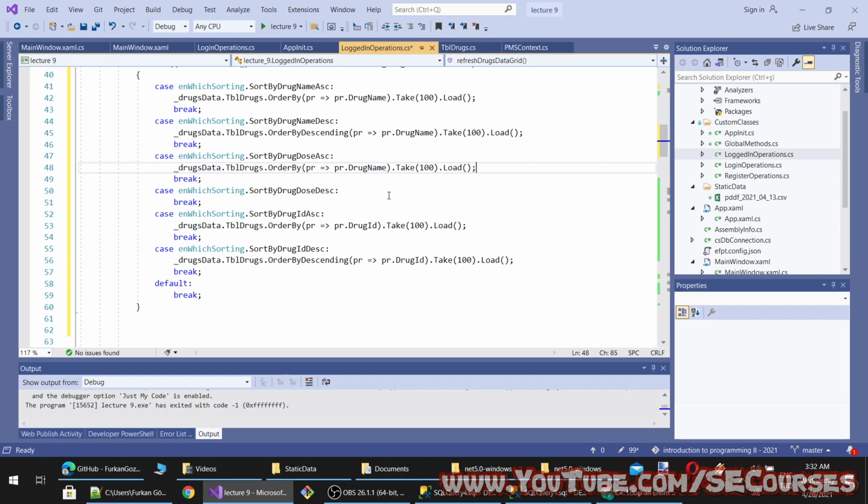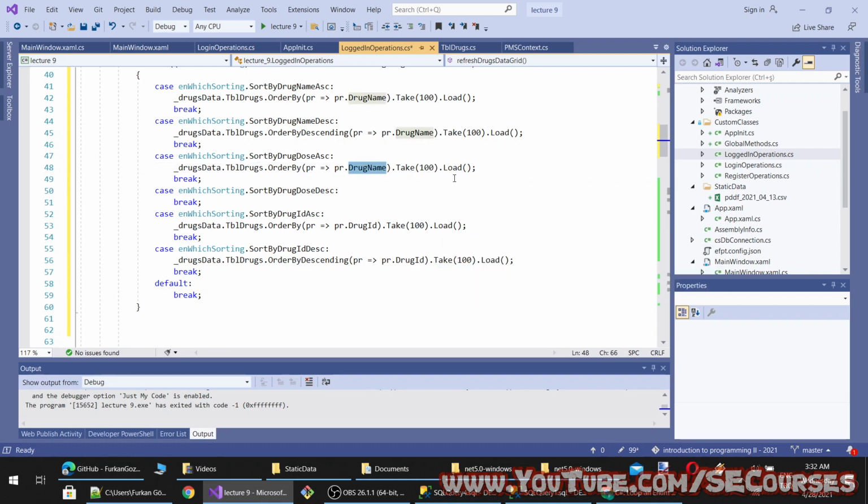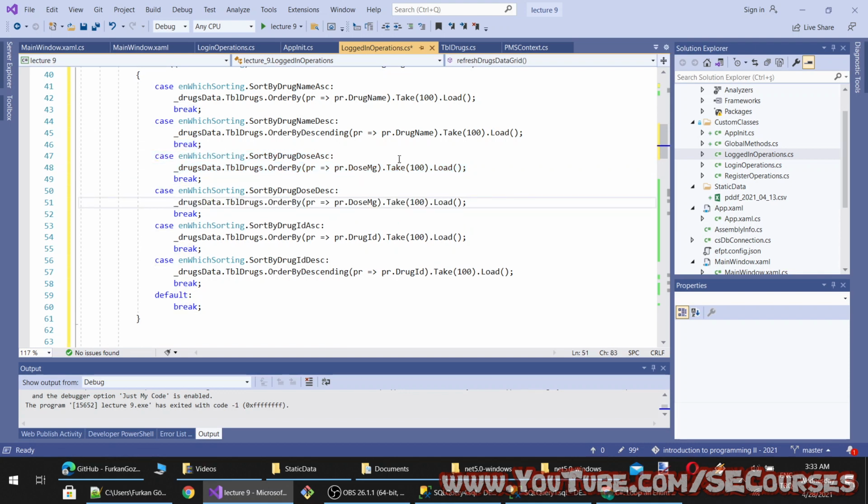You see, it is being harder when you use entity framework. I could make this much easier with traditional database functions methods, but it also has downsides. This also has downsides, so you have to decide. Okay, so we also need something else for this to work. What do we need?